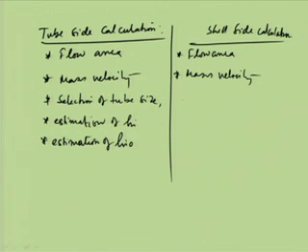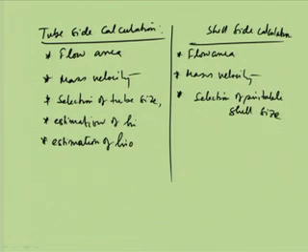So, these are needed. Then in the shell side also mass velocity, then selection of suitable shell size, then ho calculation,